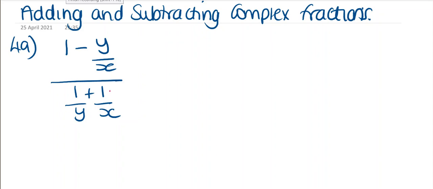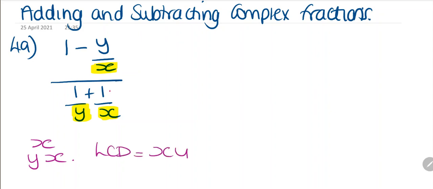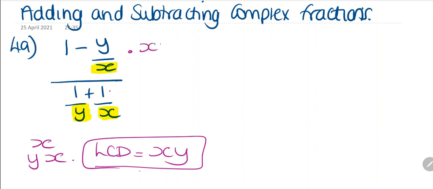So, adding and subtracting complex fractions, and we're going to do this using the lowest common denominator. So we're looking at the denominators. So we have an x and a y and an x, or an x and a y. So the LCD is going to be xy. So we're going to multiply both our top and our bottom